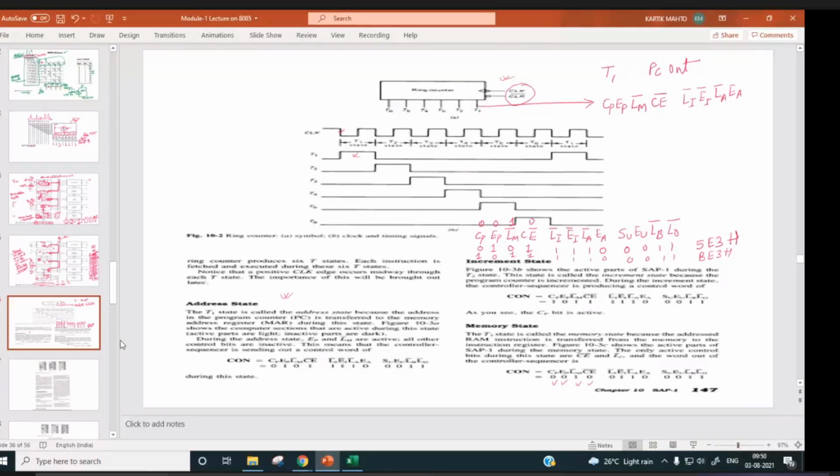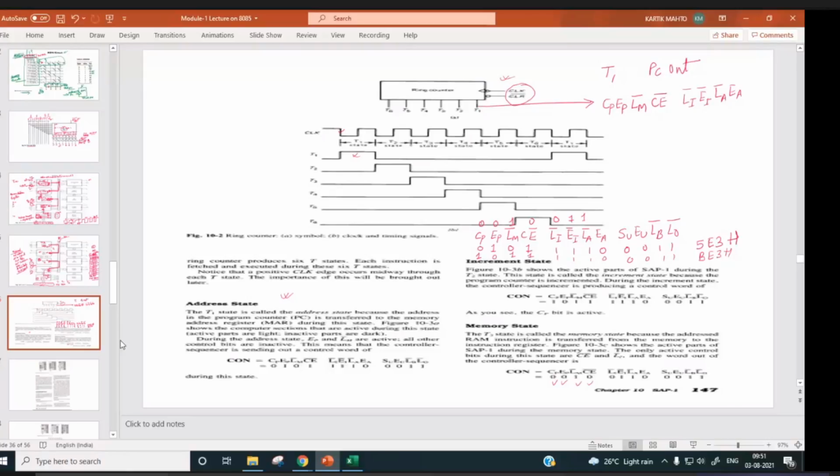Rest will be LI has to be 0, so that instruction register will be loaded. EI is 1.